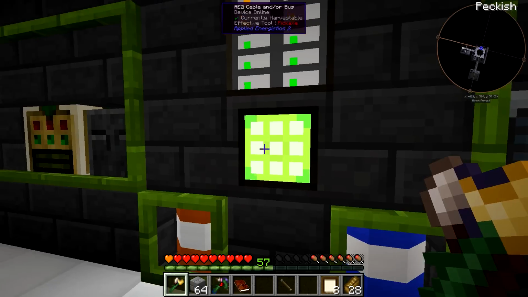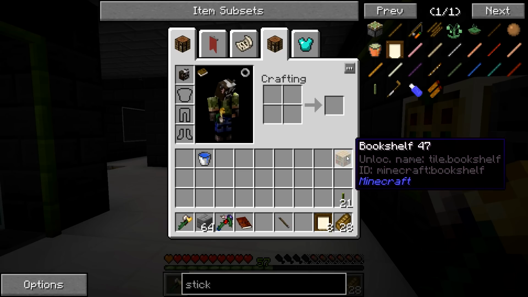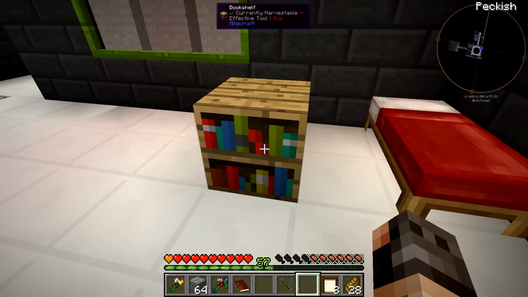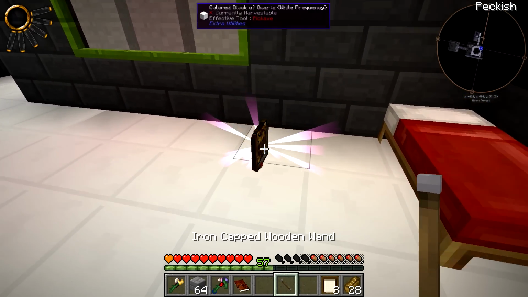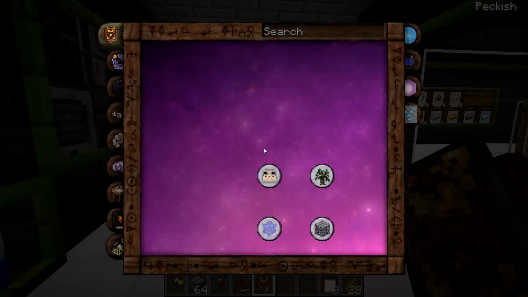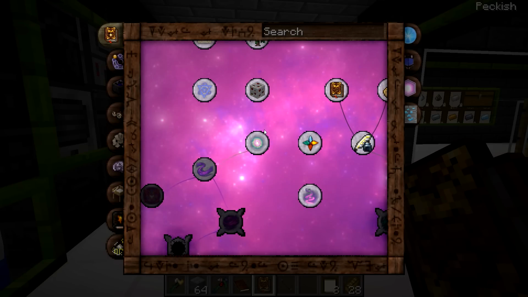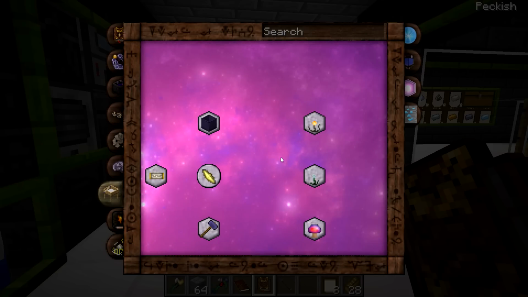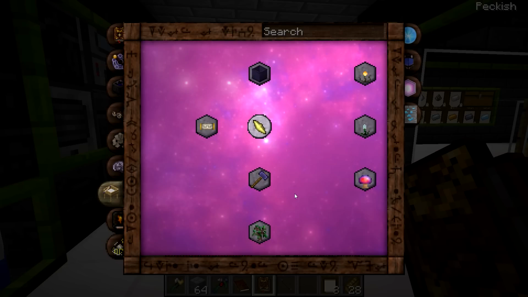Boom! That gives us our wand. Cool. We're also going to need a bookshelf, because if we do this, boop, and then right click, aha! There's our Thaumcraft book, the Thaumonomicon, which has such an amazing name that I can't pronounce it. And as you can see, Jaded has added a lot of additional things for us to play around with in